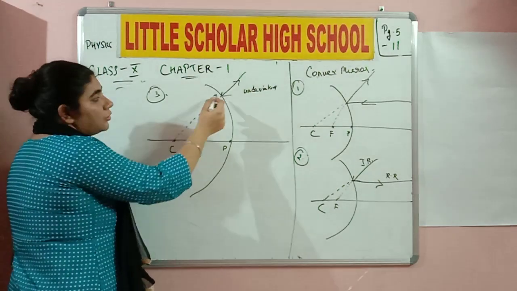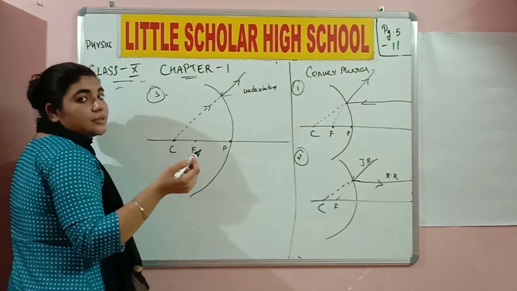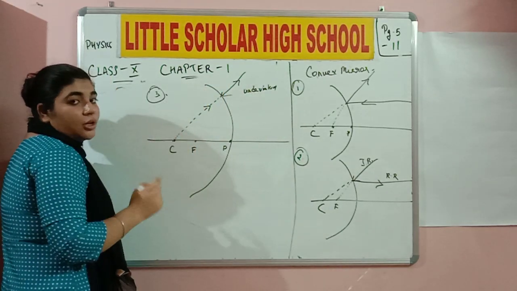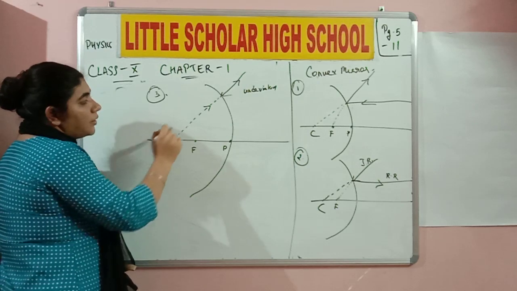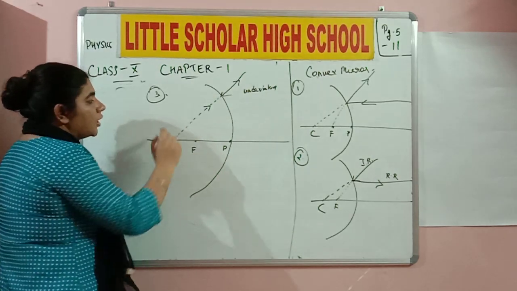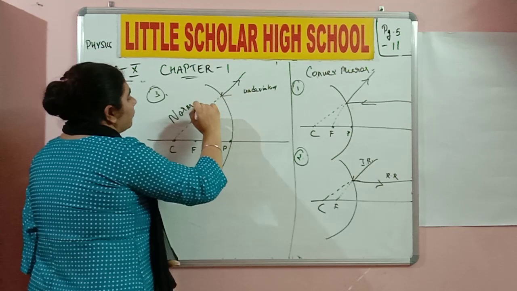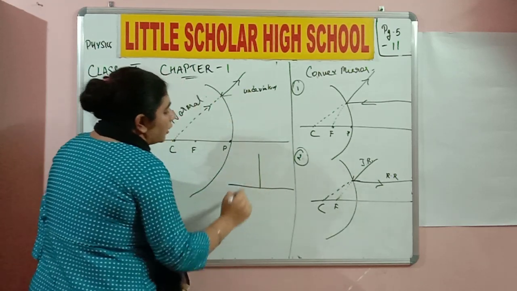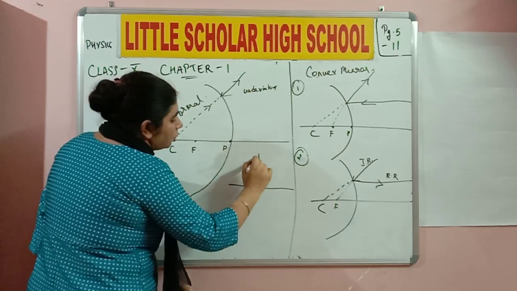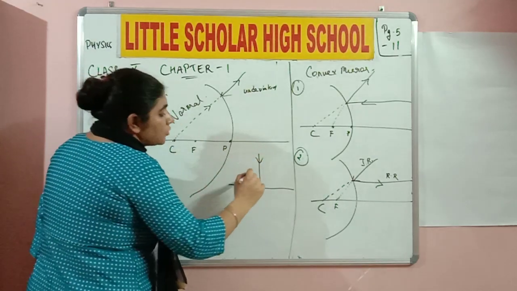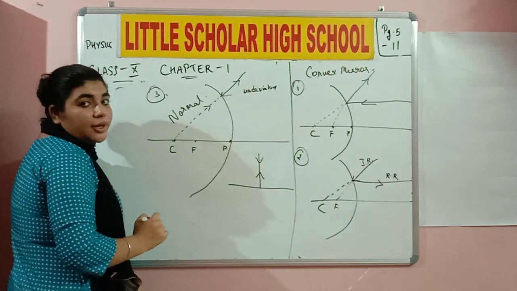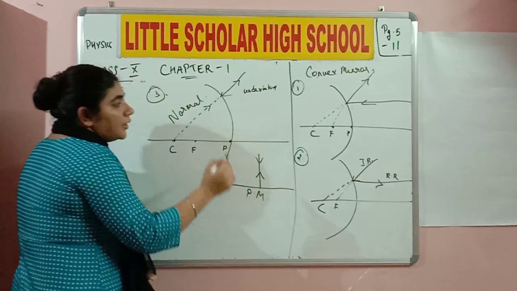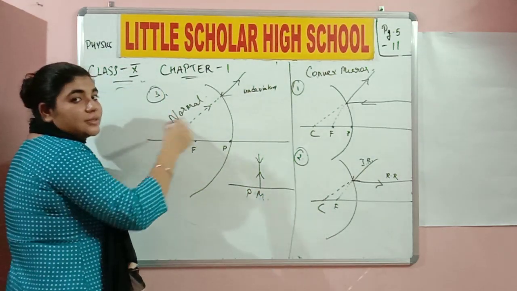As you can see, I have drawn arrows over here which signify the same thing, that the incident ray and the reflected ray are in the same position. Remember, what does the line from the center to any point on the mirror represent? It represents the normal. For example, if there was a plane mirror over here and I draw a normal, if the incident ray was in the direction of the normal, the reflected ray is also going to be in the direction of the normal. Yes or no? So this rule is applicable even in plane mirrors, as we did for concave mirrors also, and rule number 3 states the same thing.